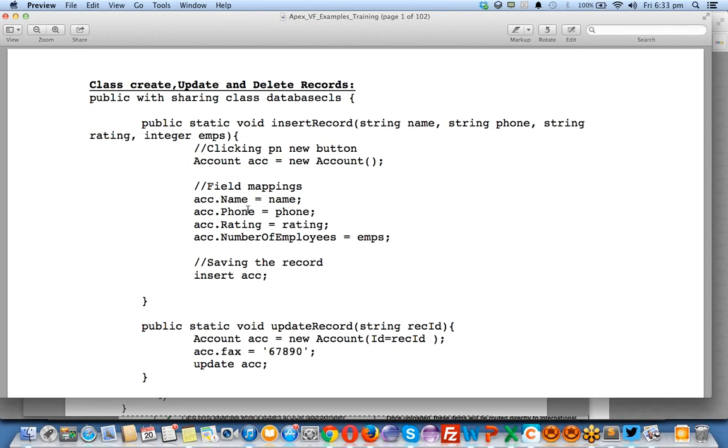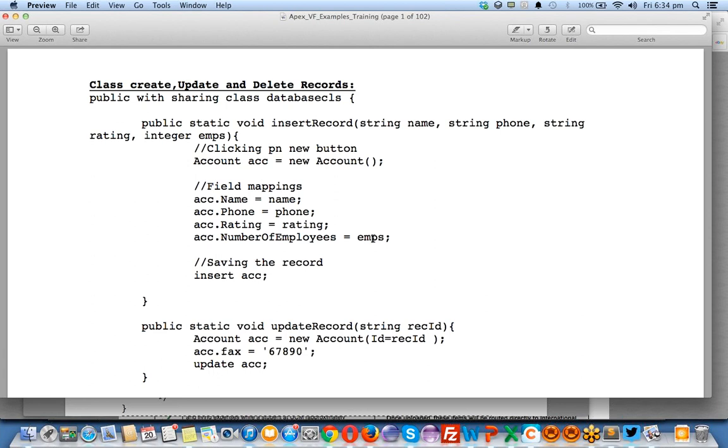As I said, there are multiple variable types in Salesforce: string, integer, boolean, double. You can use any type of variable here, and you can insert the records into the account object. Here I'm also putting my phone number into the account, and rating from the rating variable.